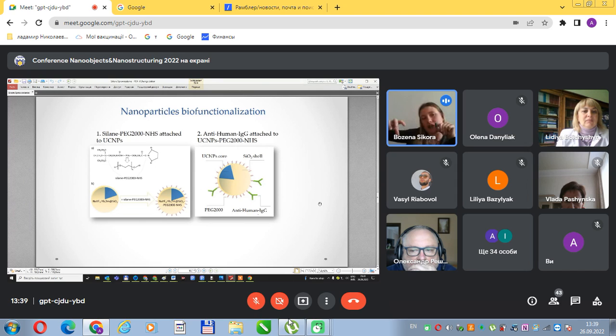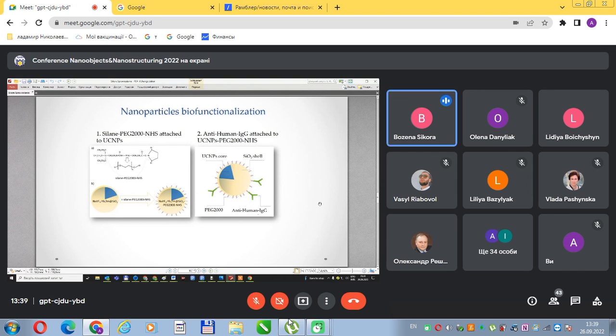It's PEG, maybe it's polymer PEG, yes? Yes, this is polymer. As you can see here, this is polymer with the 2000 molecular weight, the rest of this polymer, yes. And then here we have the group NHS that can